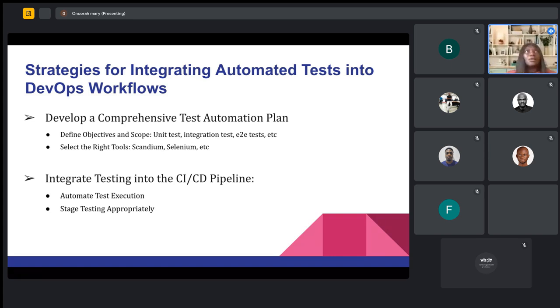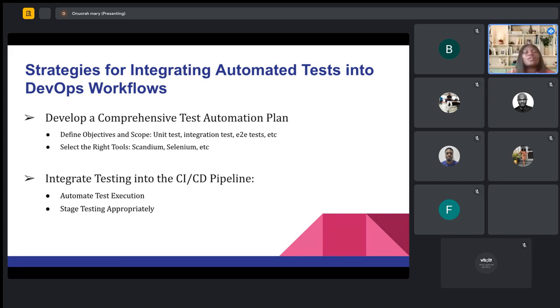Now, what does this mean? You have to define your objective, your scope, your goals, what you intend to achieve, what kind of tests you want to have, and what your scope of testing is for the application or software that you're building.